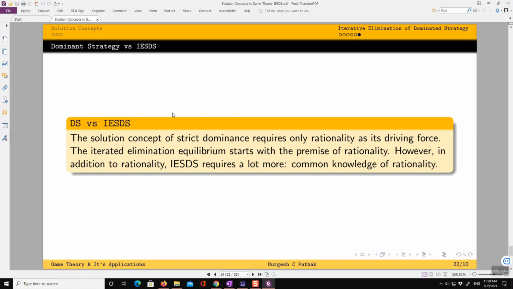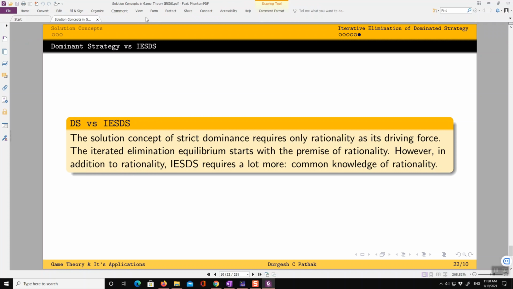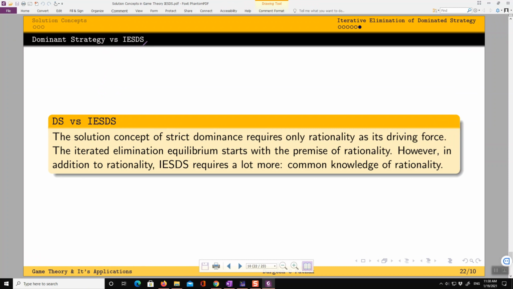So now we are in a position to make one interesting observation: what are the requirements for dominant strategy equilibrium and iterated elimination of strictly dominated strategies? We realize that for using dominant strategy, only rationality was required.